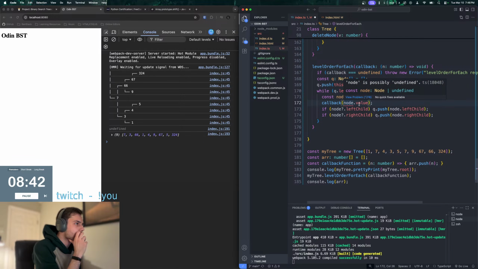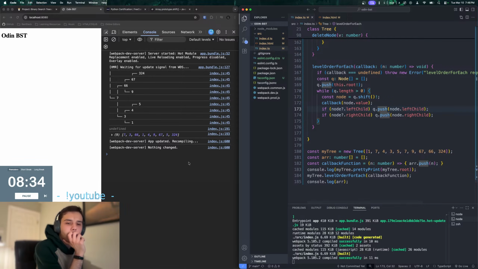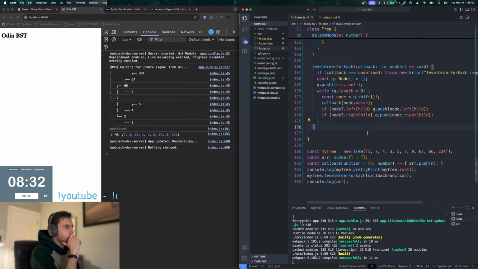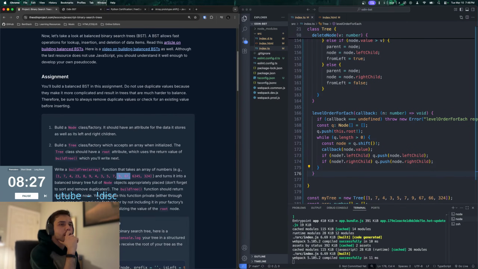Node is possibly undefined. Node.value, but that's weird. Okay. Oh, so it'd be this, maybe. That's it. Okay. There we go. Okay. I'm learning how this works. Okay, so then we'll do the